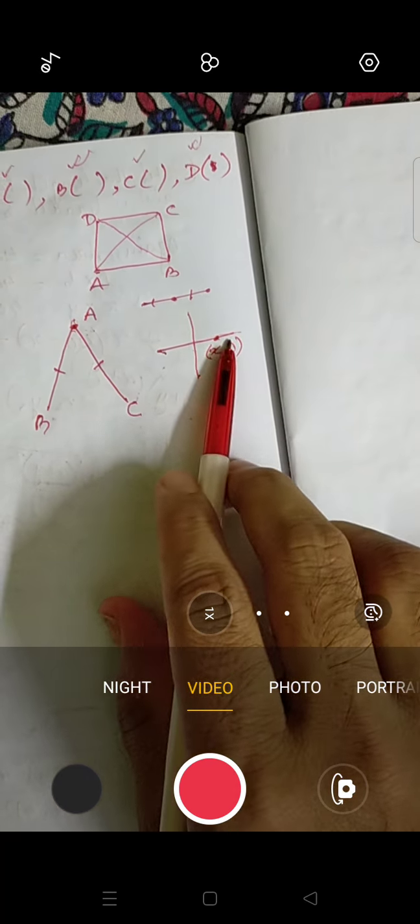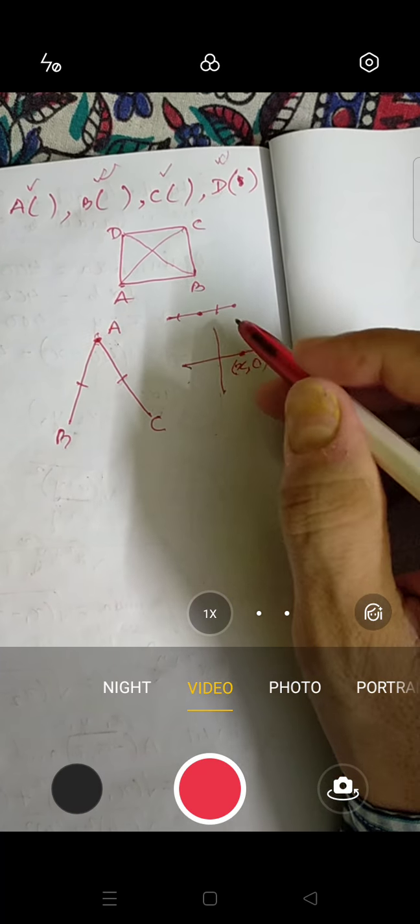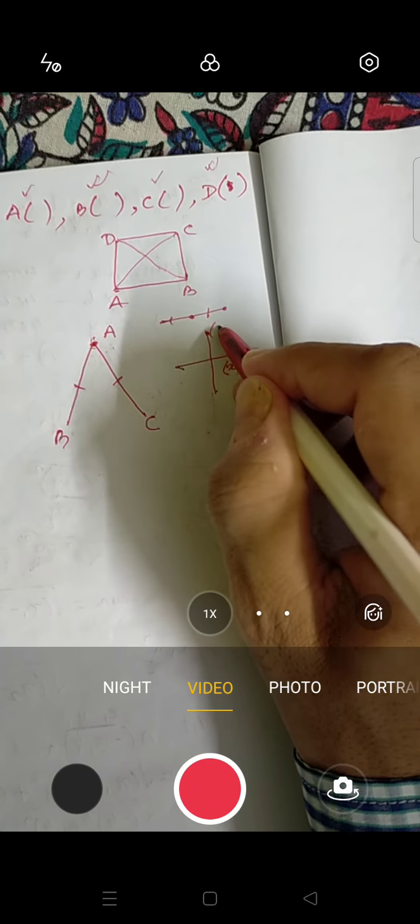Because that point is lying on the x-axis, you will have some value for x, but y will be 0. If in the question they say to find the point on the y-axis, or that it is lying on the y-axis, in that case x will be 0, that means your coordinate will be 0 comma y, because they have not mentioned the value of y or x in the question. Understood or not?